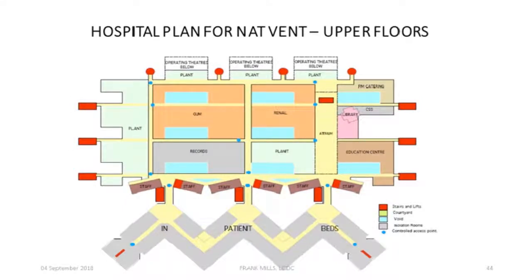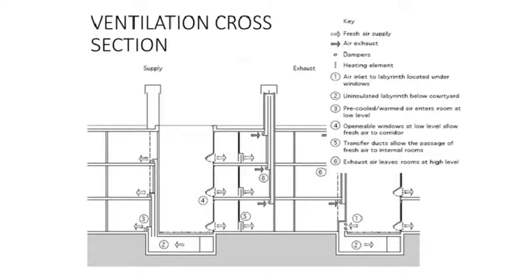And on the upper floors, essentially all natural ventilation rising through to the roof level, so that the hospital itself had quite a lot of natural ventilation in it. And the study was carried out for that building to see what effect it would have and how much energy would be saved. This is a ventilation cross-section through the building, and you can see that by use of the